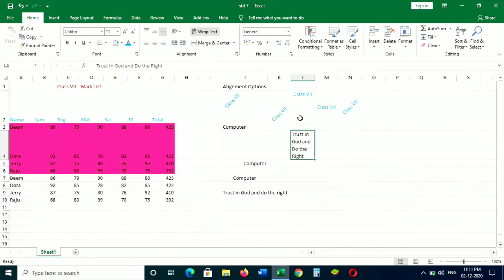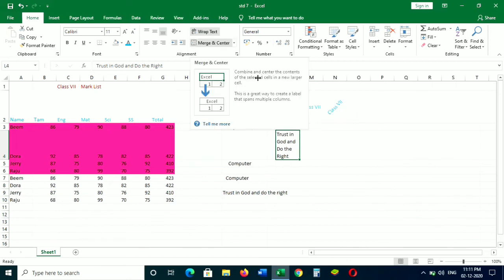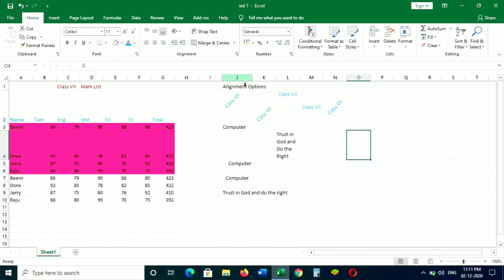To merge several cells, select the cells that you wish to merge or join. On the Home tab in the Alignment group, click Merge and Center icon. The selected cells will be merged to become one cell and data is centralized. Have you noticed, children?